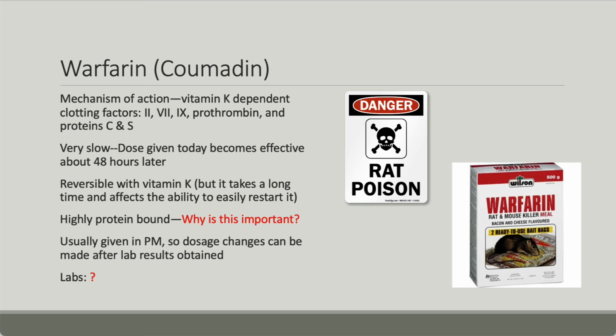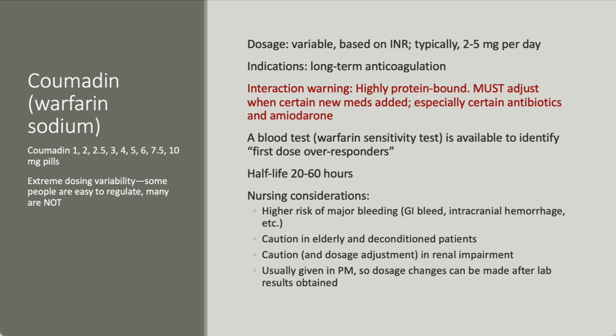But the ProTime at lab A may be 17, and the ProTime at lab B may be 19 and a half or whatever. You can't compare ProTimes from one lab to another, but the International Normalized Ratio is designed specifically so we can use the same INR, and no matter what lab they have it drawn at, we can rely on that number as being gospel. Okay, so we rely on the INR nowadays, and that's how we dose Coumadin.